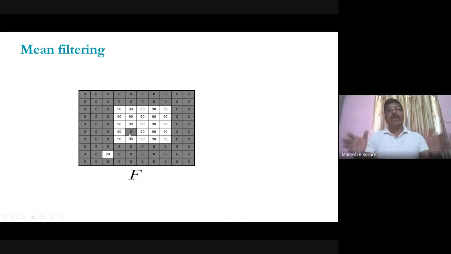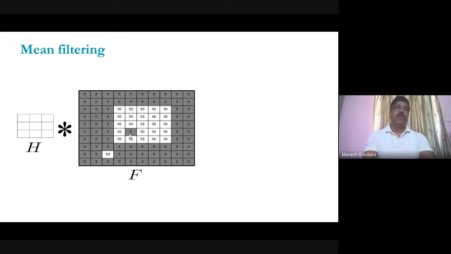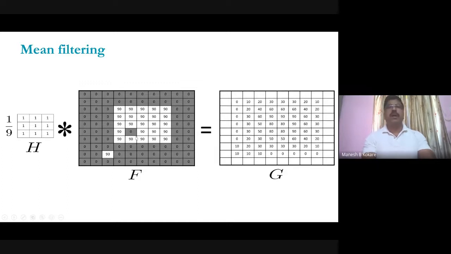So the main purpose of an averaging filter or smoothing filter is to remove that noise. Now suppose, for example, you have this 3x3 mask. The coefficients of this will be equal to 1, 1, 1, and then 1/9. Now suppose, for example, you have done this. See that here this zero value,